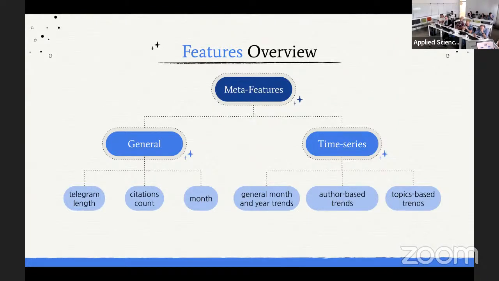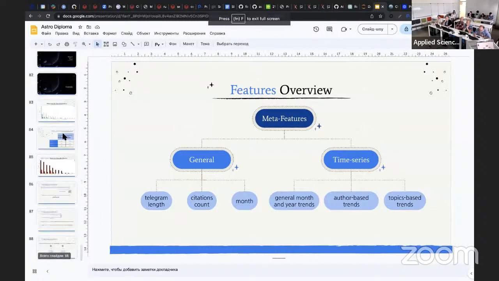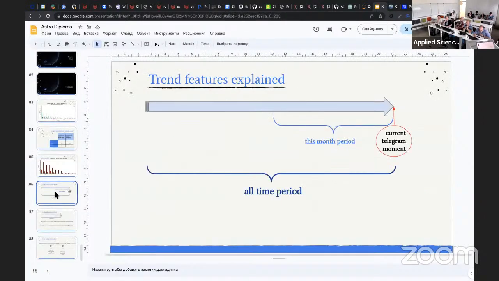So could you repeat this? Author-based trends. What are author-based trends? How should they be understood? Okay, I have some slides. So how did we calculate the trends? For instance, let's take a month's period.